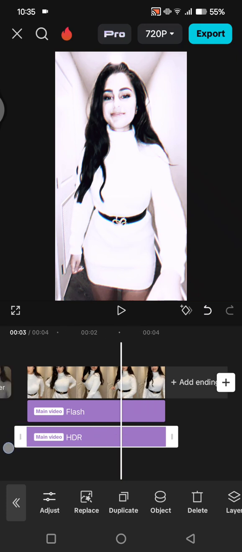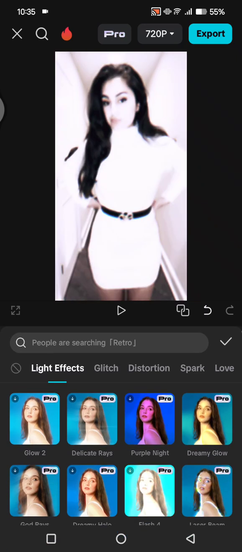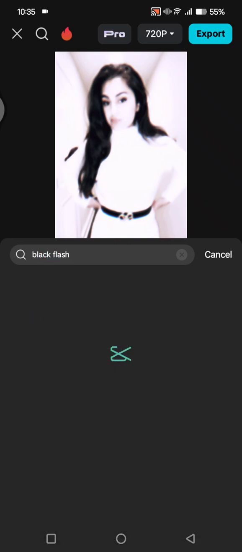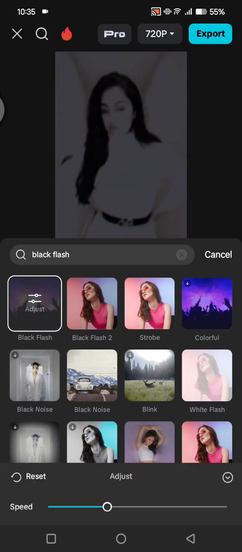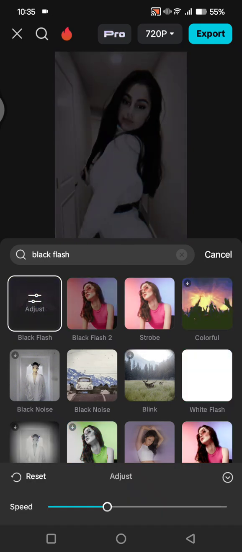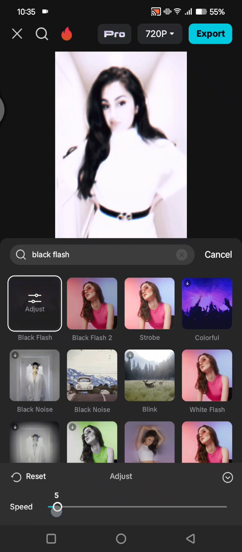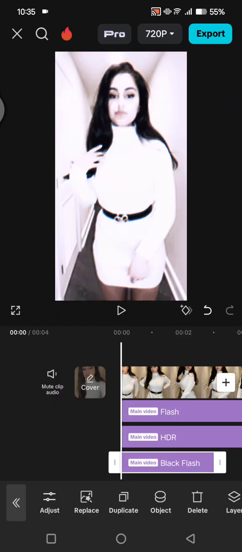The next effects is the black flash. So let's go to the video effect again and find a black flash. This one, click on adjust the speed into 5 only. Okay, let's go back, click on the check icon,